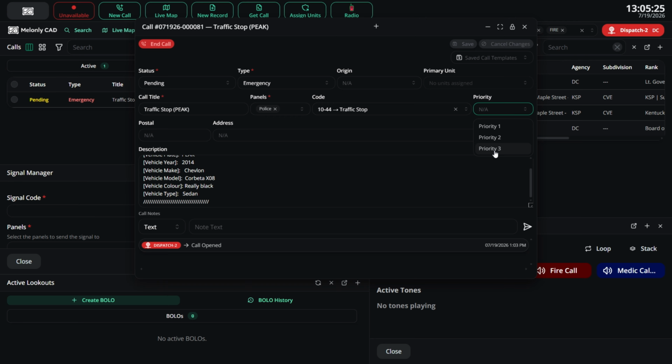I can also set the priority. Traffic stops will usually take a priority 3, and then we'll save it. The primary unit will also be the original activation unit. I'll also set the status as open as we're working on it. And the origin, you don't really have to mess with it, but you could also, if you want to get really advanced,